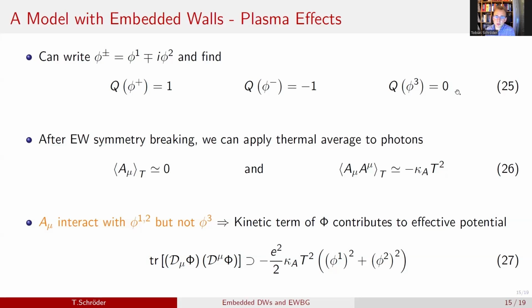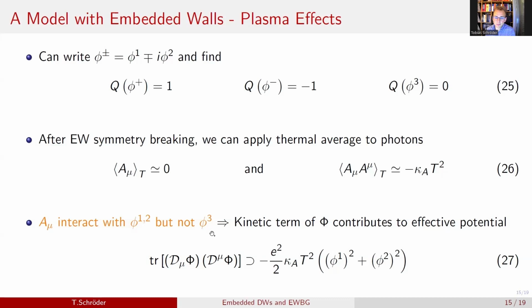After electroweak symmetry breaking, the only remaining massless gauge field is the photon. We can now apply thermal averages to the photons. Under these averages, terms linear in the photon field will go to 0, while terms quadratic in the photon field will be proportional to the temperature squared. The important point is now that due to the different charges of the components of the Higgs field, mu will only interact with the charged components phi plus and phi minus, or equivalently phi 1 and phi 2, but